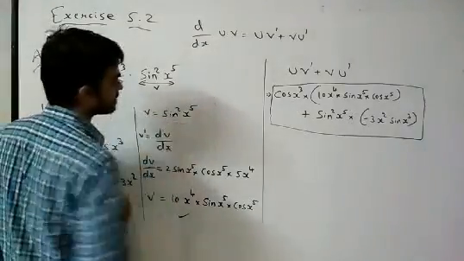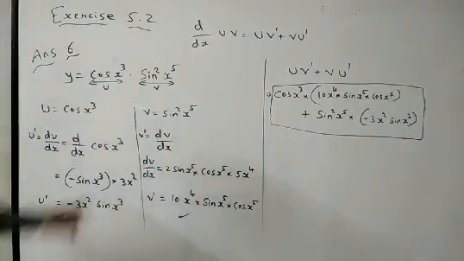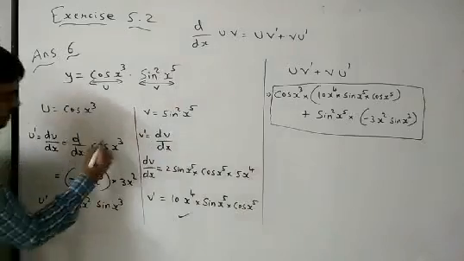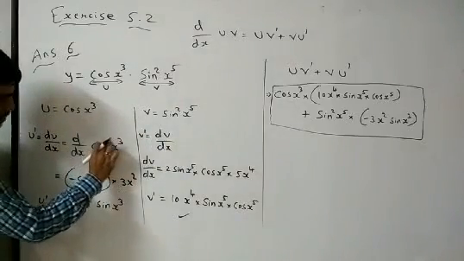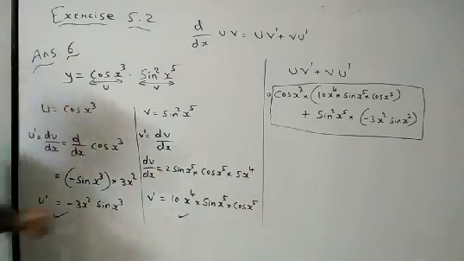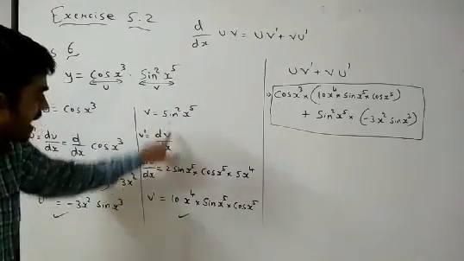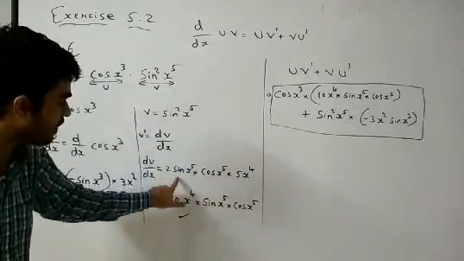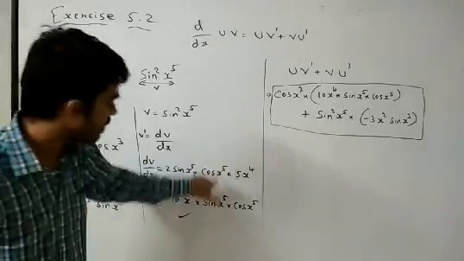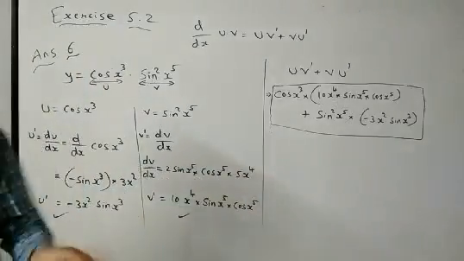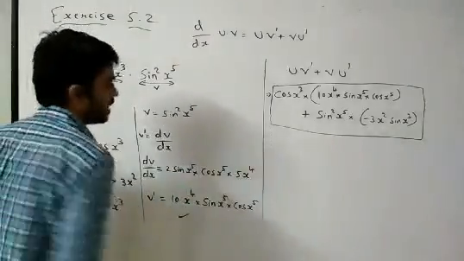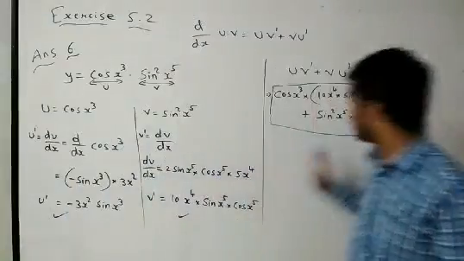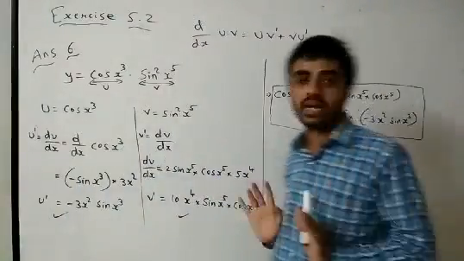Now, sin square x power 5. So for sin square x power 5, cube is outside. It is in angle. Here sin square is there, here cos raised to 1 only. So we have written here answer 1. So no problem, multiplied with 1, so this answer is okay. But sin square, so 2 will be coming down, and sin raised to 2 minus 1, that is sin only. Now derivative of sin x power 5, that is cos x power 5. And x power 5 is still remaining, so x power 5 derivative is 5x power 4. If you understand this one, then derivative concept is clear. Right? Now what we have done, we have just kept this value over here, this also over here, and we have got the required answer.